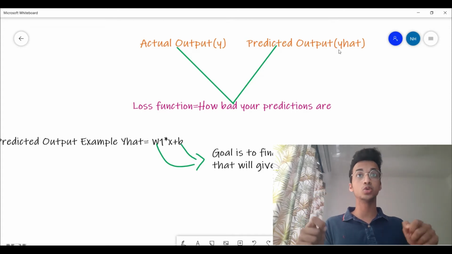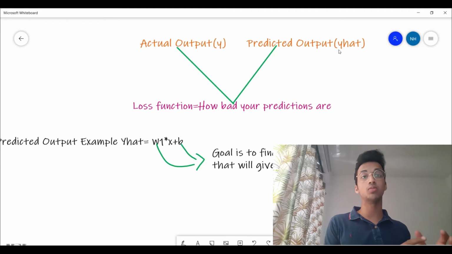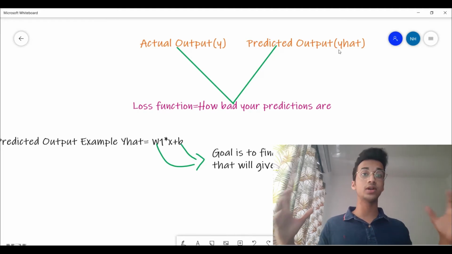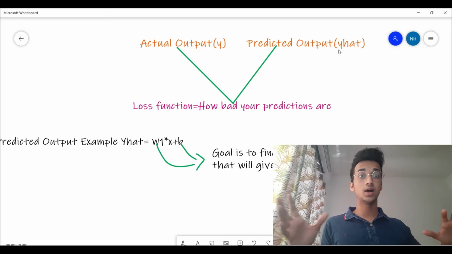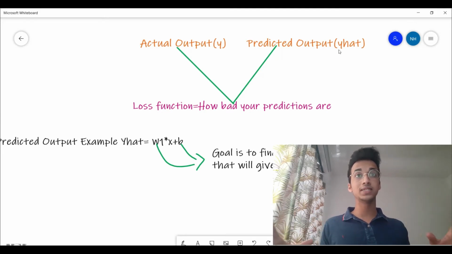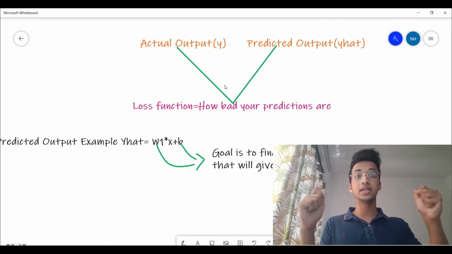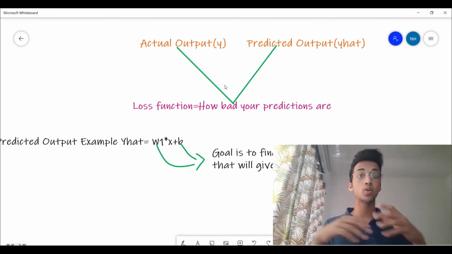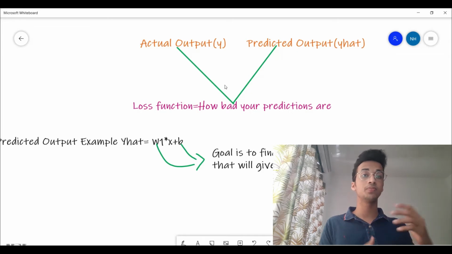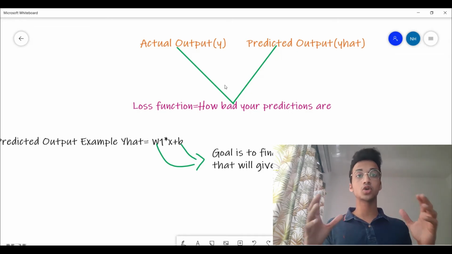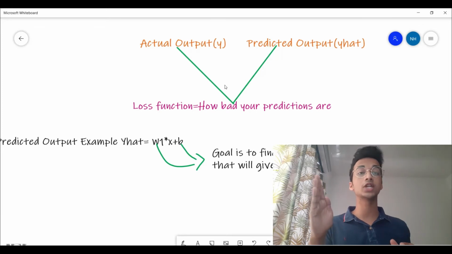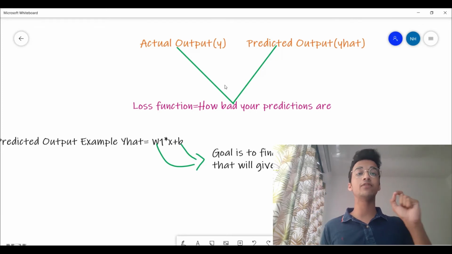Now when you have these two, right, you have a loss function which basically defines how bad your model is. So there are many different types of loss functions, which I'm not going to talk about now, but basically every loss function is going to take your actual output, desired output. It could either subtract it, take a square of it, or maybe use some log function. Basically they're just going to see how far apart was your actual output and your predicted output. This will give you a number, right, telling you how bad your model is.